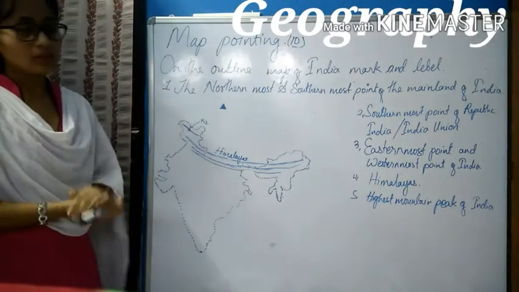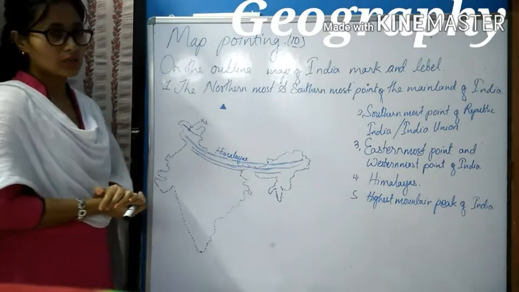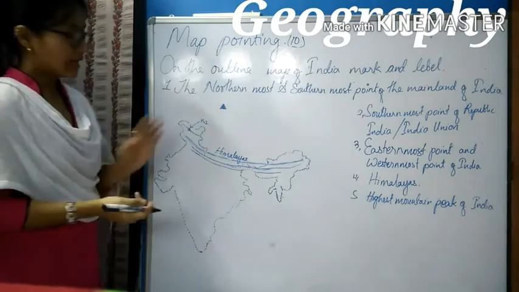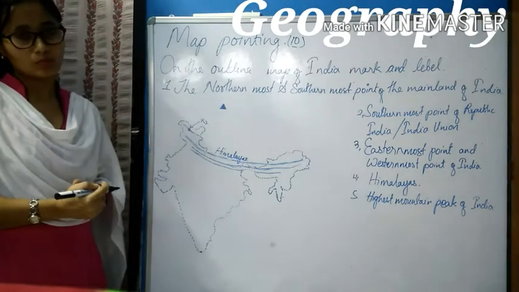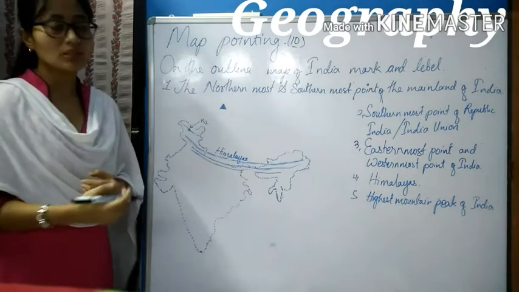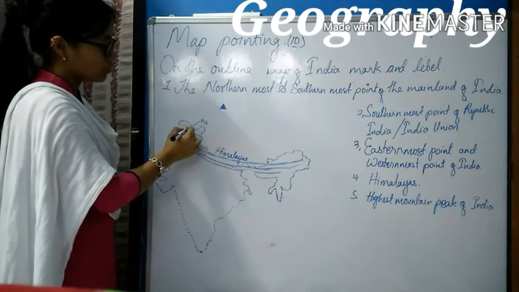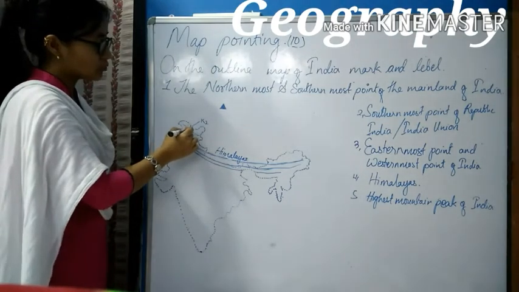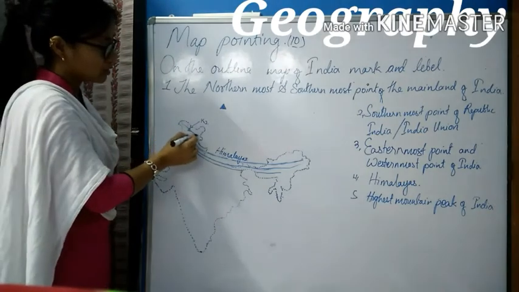Here in your question, it has said only to mark the highest mountain peak of India. But here I have marked the Karakoram range and the peak of a mountain both. So don't get confused. If a question asks for the highest mountain peak of India, it is mountain K2. Just make a triangular shaded symbol which denotes the peak of a mountain. No need to make a Karakoram range.